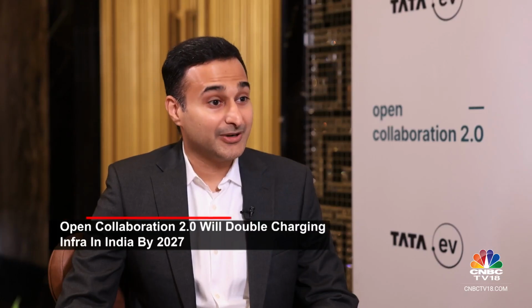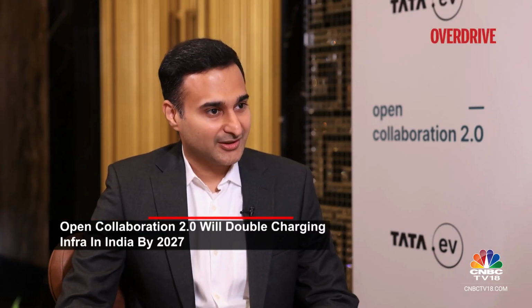And Open Collaboration 2.0 brings all stakeholders in the charging ecosystem together, and we will collectively address multiple pain points that customers face, and also address the viability for charge point operators, so that this can be a self-sustaining and growing ecosystem that can support EV